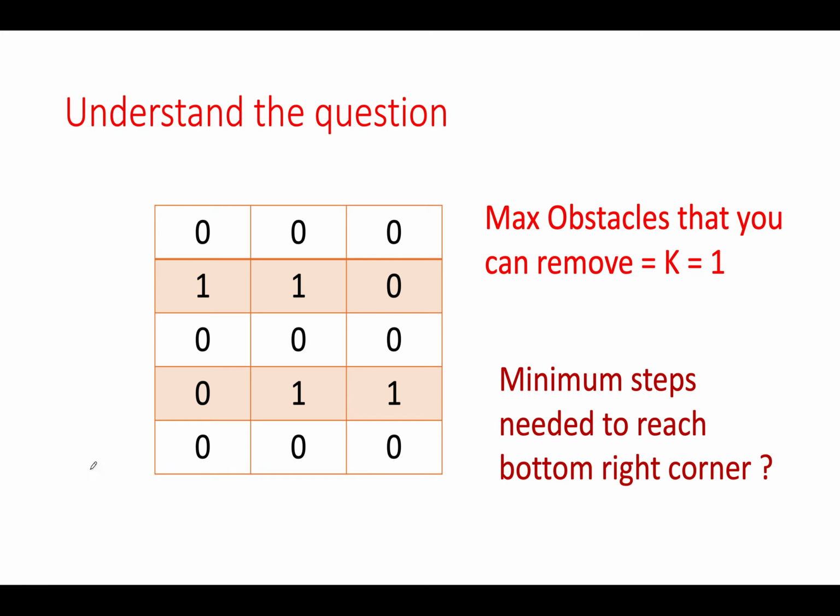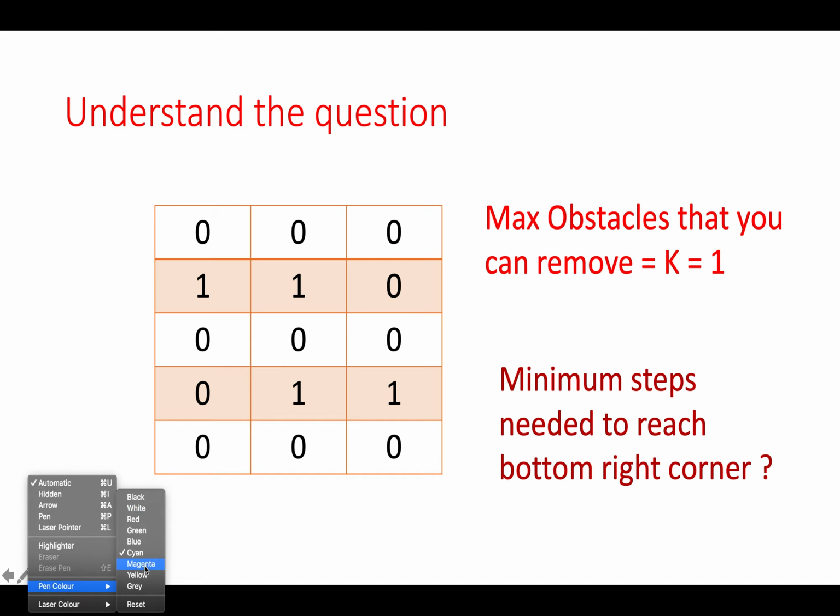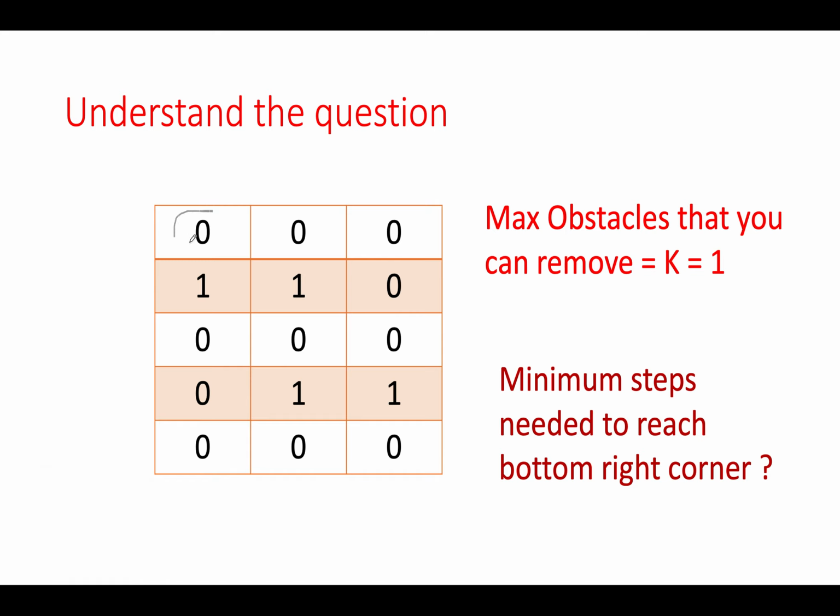There could be multiple possible paths. Let's walk through another path, and let me just take gray this time. We have to start from this end here, and let's take this path. In this path there is only one obstacle, so this satisfies the condition of k. We can safely remove this. And how many steps do I need to take? 1, 2, 3, 4, 5, 6. Again we got 6 as the answer. The previous answer that we calculated was also 6. So you will see that out of all the possible paths that you can generate in this matrix, 6 will give you the minimum distance.